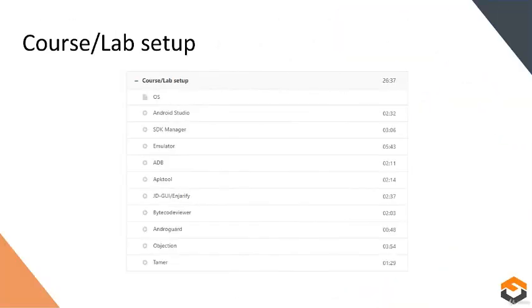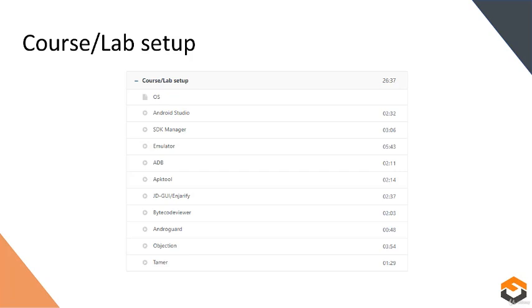So we will start off with the installation of Android Studio, which is the IDE or Integrated Development Environment used to develop Android apps. Bundled with Android Studio is the SDK Manager and the AVD or Emulator Manager. We will then show the installation path of the Android Debug Bridge or ADB.